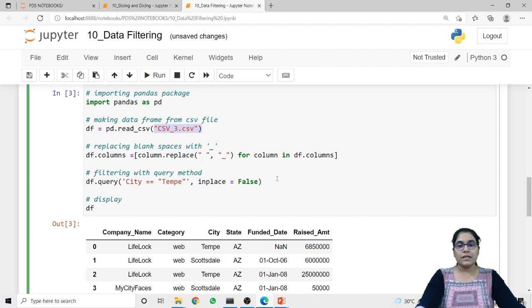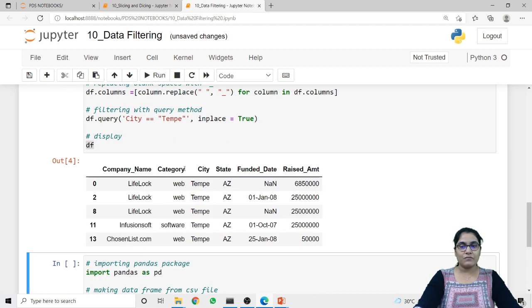It won't contain any changes that are applied using this query method, because we have set inplace equal to False. Now if I set this inplace equal to True, then all these changes will be reflected inside my data frame, and when I print this data frame value, it will show all the records based on the query method, which is all the records where the city value is equal to temp.